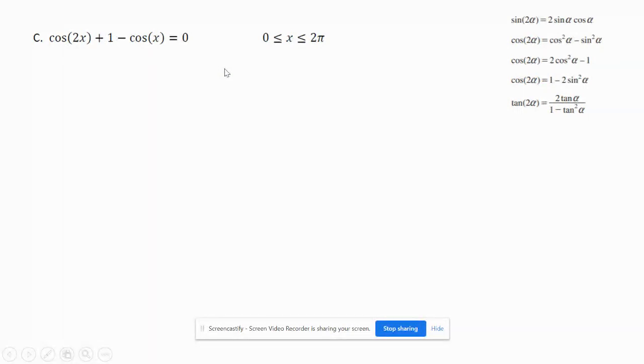Okay, we have cos 2x plus 1 minus cos x. The previous two examples, guys, were kind of like review exercises from chapter 4. Now we're applying what we learned in the trig identities unit to this one over here. So what I'm going to be looking at is this part over here,